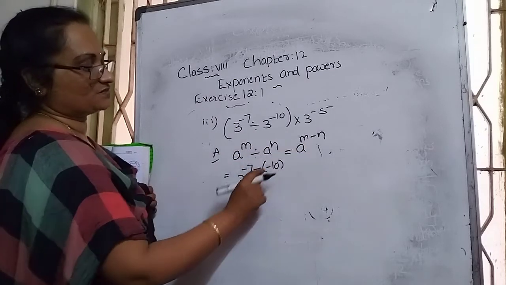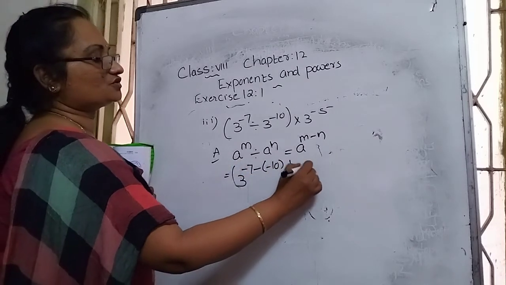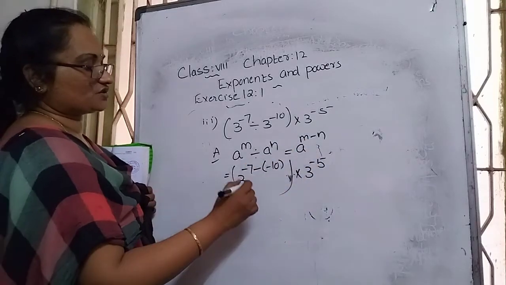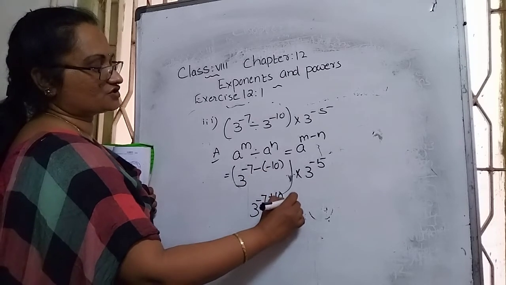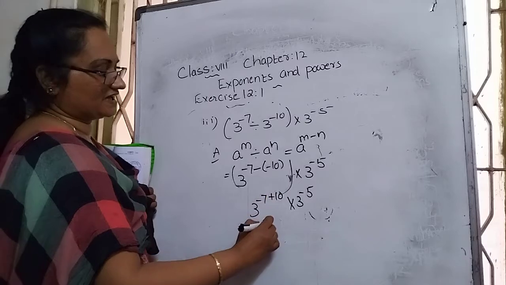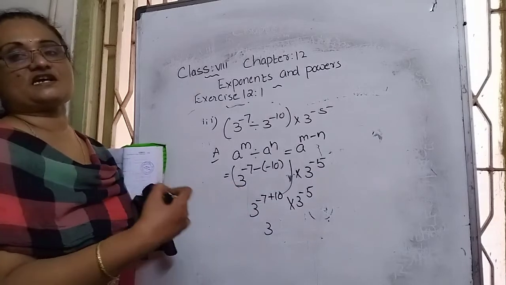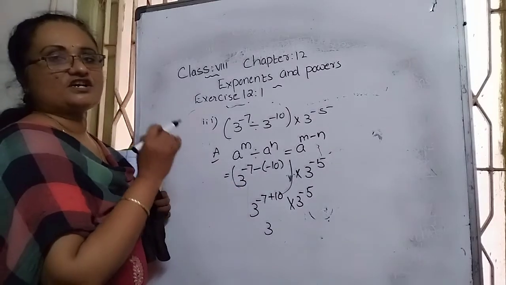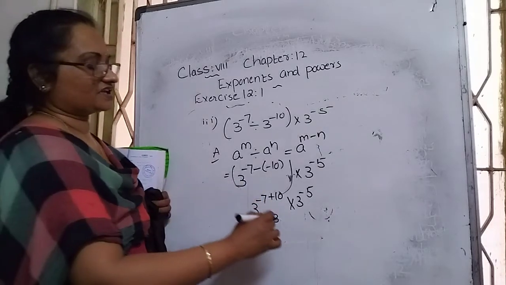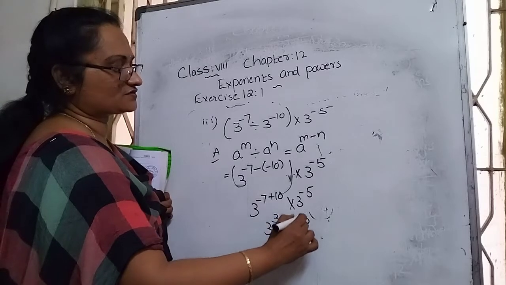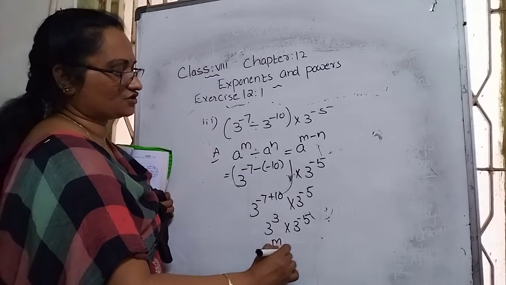Here this minus is already there. So how can we write it? Outside, what is there? Into 3 raised to minus 5 is there. So again the calculation: 3 raised to minus 7, minus of minus changes to plus 10, into 3 raised to minus 5. Again the powers of 3 are added, but one is a negative number and the other is positive. What do we do? Subtract. So 10 minus 7 becomes 3. Which is the bigger number? 10 is bigger, so the positive side is 3 raised to 3 into 3 raised to minus 5. Again which property? The multiplication case applies: a raised to m into a raised to n.